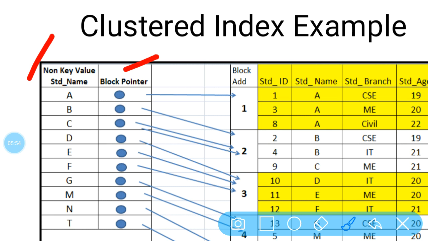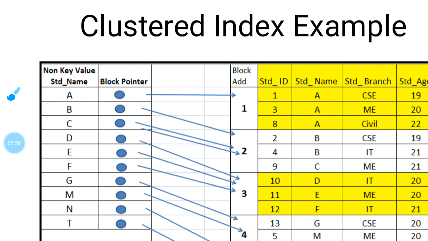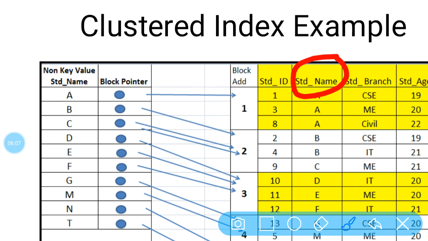In this cluster indexing we are using a non-prime attribute, the student name, as the search key, and with the help of this search key we are trying to search all the records of that database.